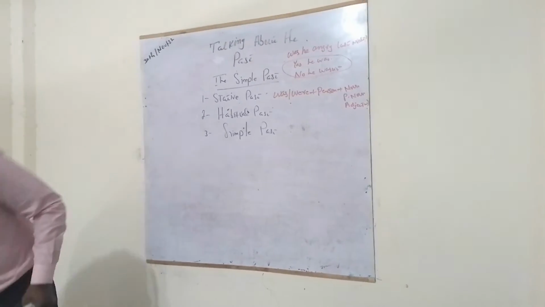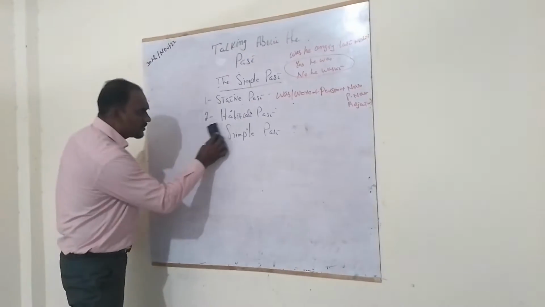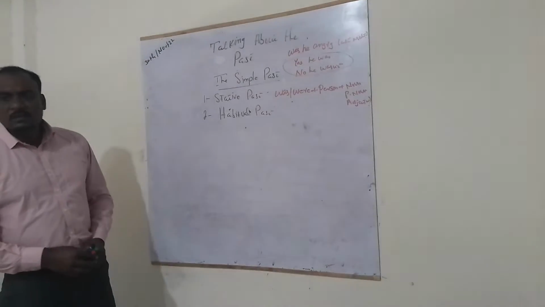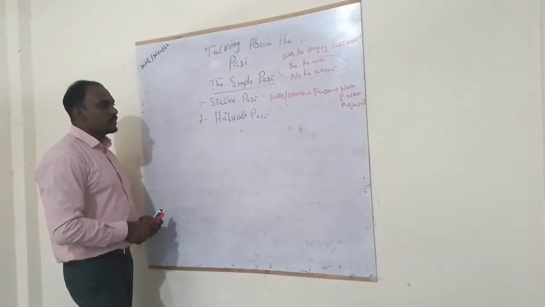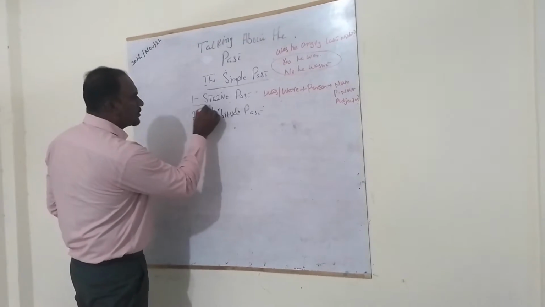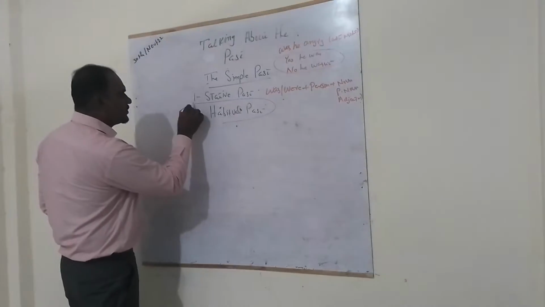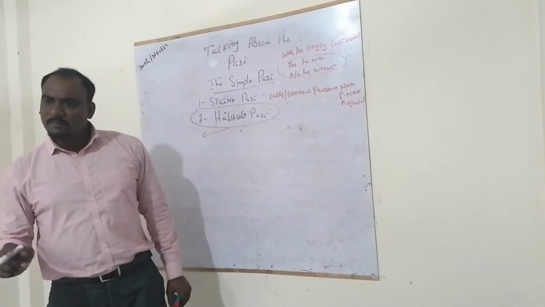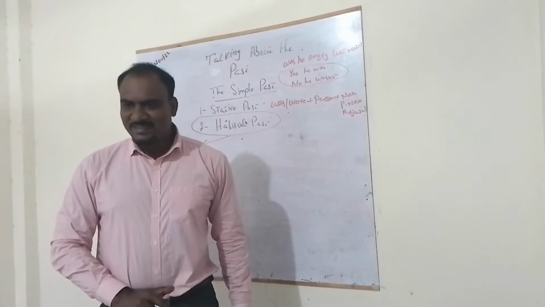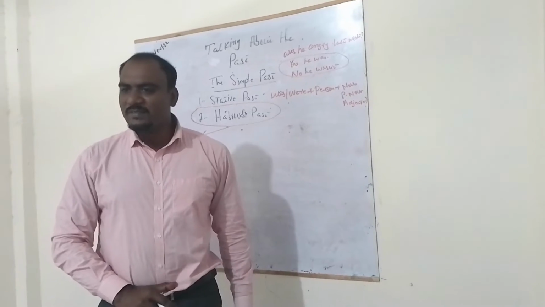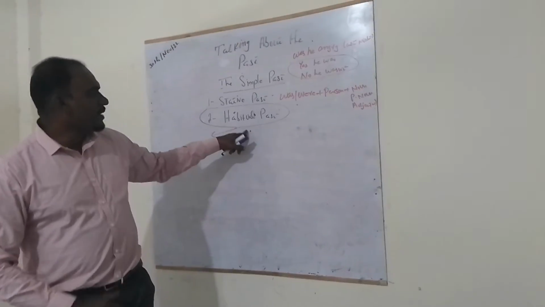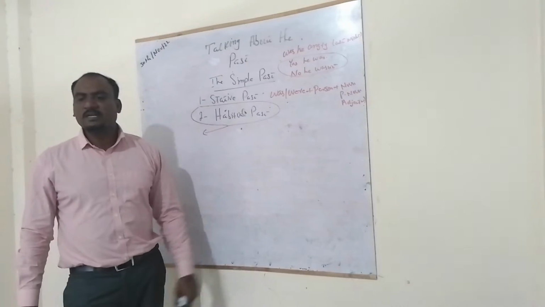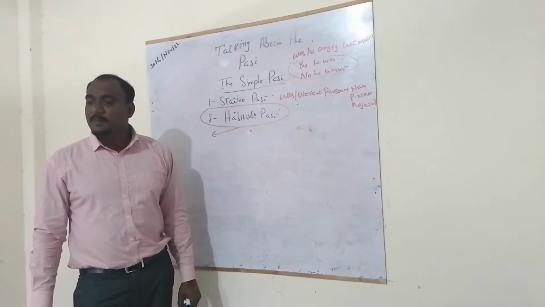This is the second part. I would like to erase this thing because this is very complex, and many times ignored by the teachers as well. I don't mean to criticize anyone, but many students come to me and they have no idea about this kind of past. What is a habitual past?